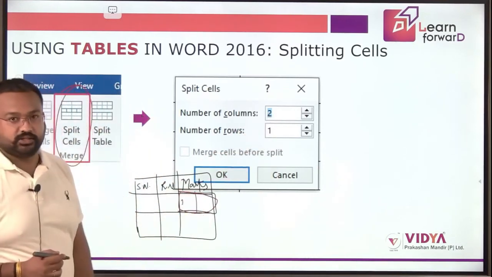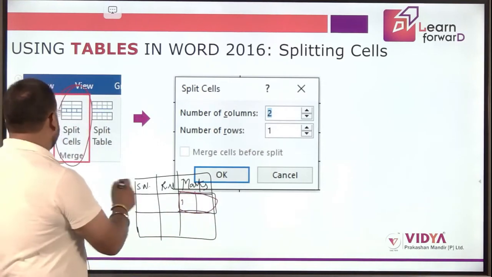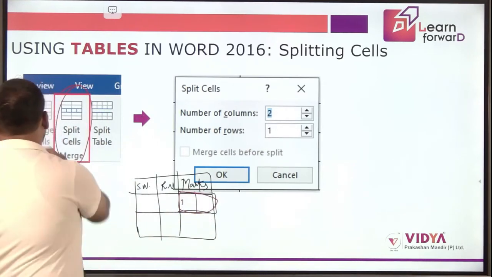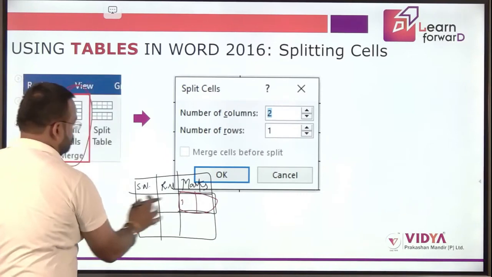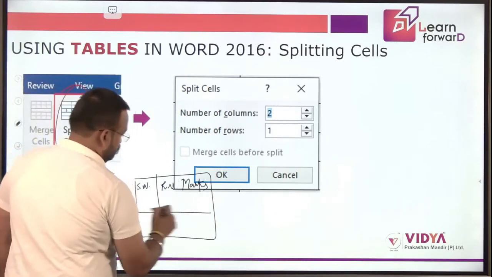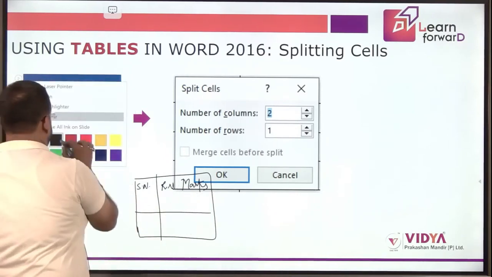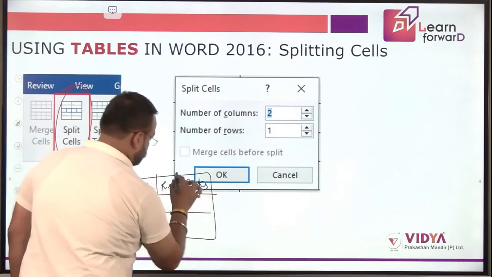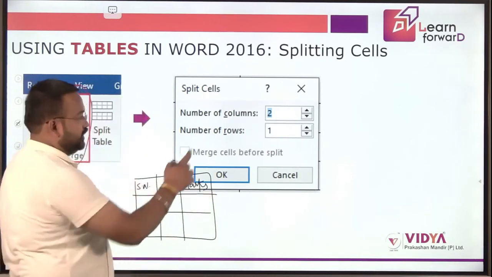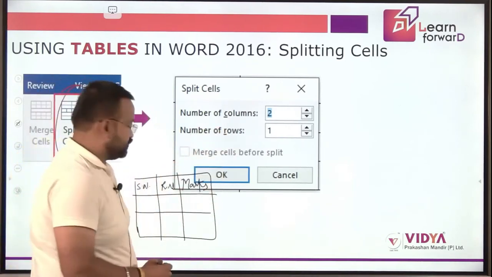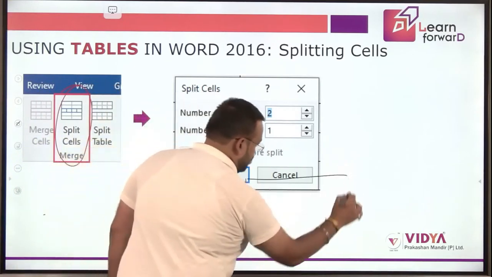What would happen is this particular cell would be created like this. So my earlier table was, let's say, this, but when I select these options, my table will look like this.